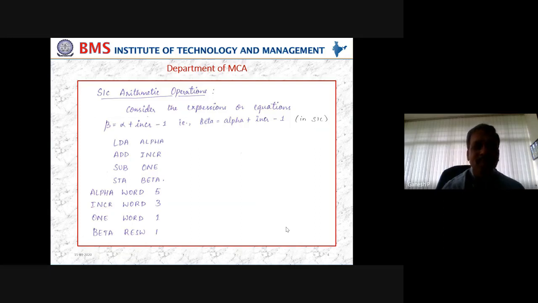Now assume alpha is 10, increment is 5. Alpha is 10 and increment is 5. So initially accumulator is stored with 10. Later, once addition is over, that is 10 plus 5, 15. So accumulator now, it is going to have 10. The 10 will be replaced by 15. That's what we have to visualize now.